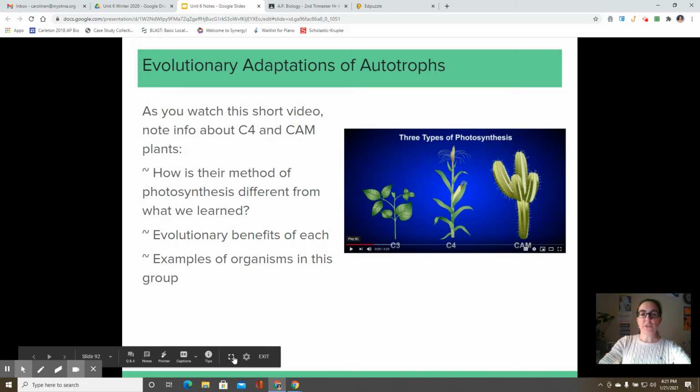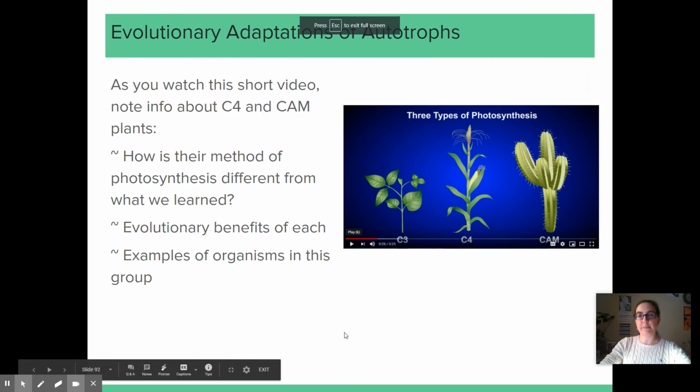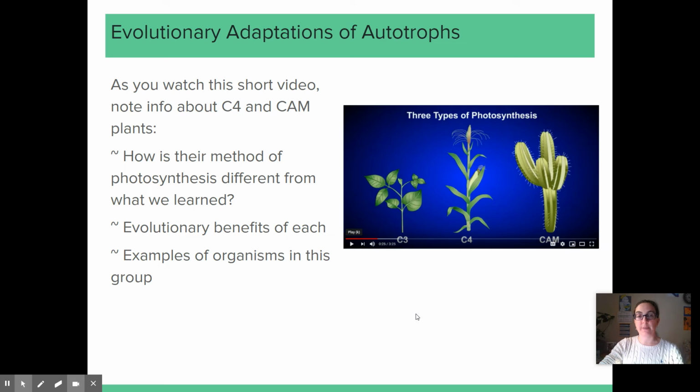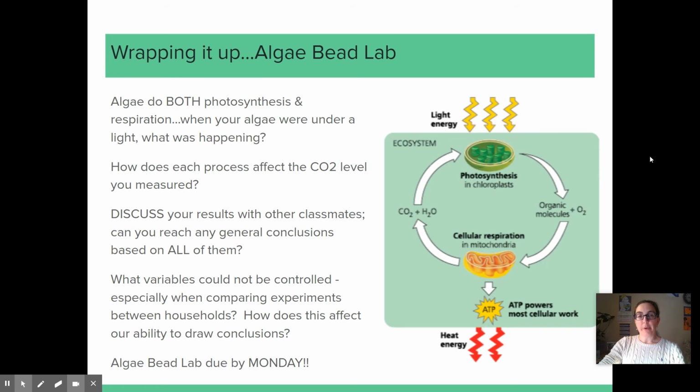Okay. So hopefully you were able to jot down some notes about these different adaptations, of how plants have learned to cope or have evolved to cope with those different types of environmental situations. The last thing I want to talk about real briefly is how you need to wrap up your algae bead lab. So the reason that we use algae in this experiment, we could use any type of photosynthetic organism, but